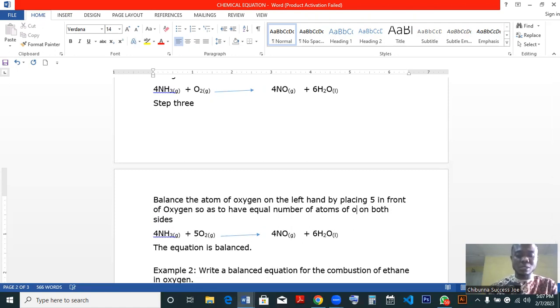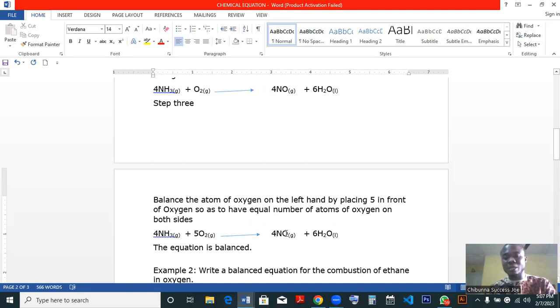Since we placed this 4 here to balance the nitrogen,